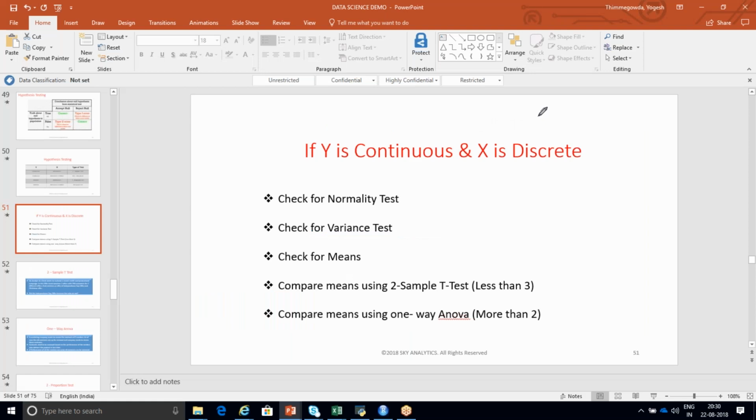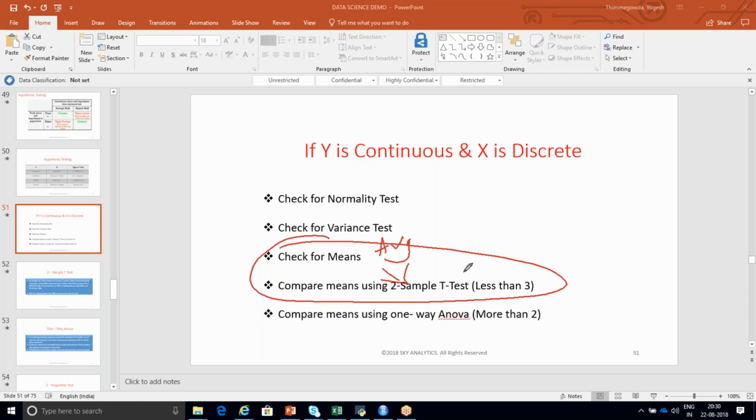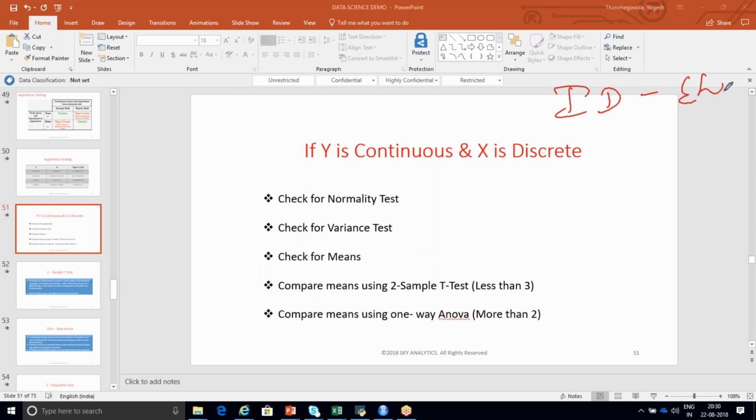See here, I'm checking this step. Check for means, means nothing but your average. So you're checking using your two-sample t-test, because you have only two inputs, less than three: only Independence Day and Christmas. That is the reason you're going for a two-sample t-test. For a two-sample t-test, there is a function called t.test.